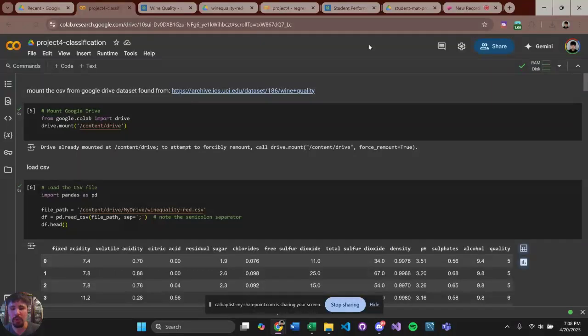Yes, so we're going to be going over our notebooks with Google Drive Colab that we worked on for the classification and regression models. To start off, I'm going to talk about the classification process that I did